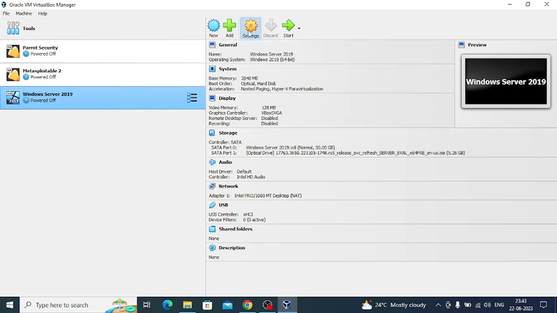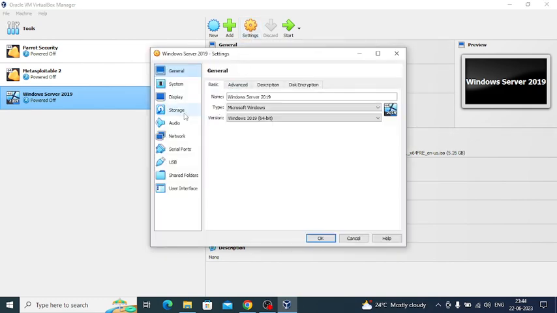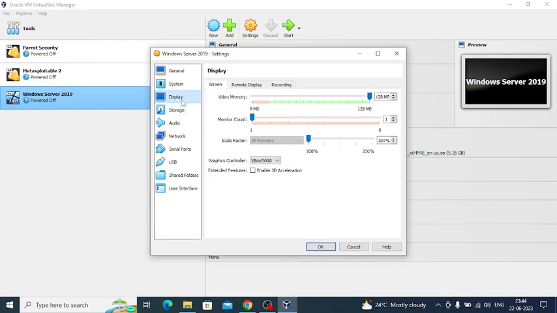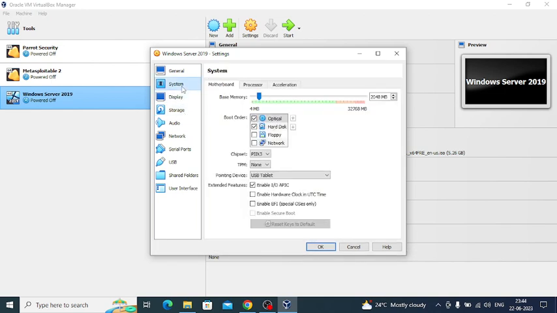Okay, so we need to check the boot order, guys. Storage, display, system. Yes. So the boot order, it's okay. We are selecting the optical, so it will boot from optical and then the hard drive. But after it is booted, better we will go and